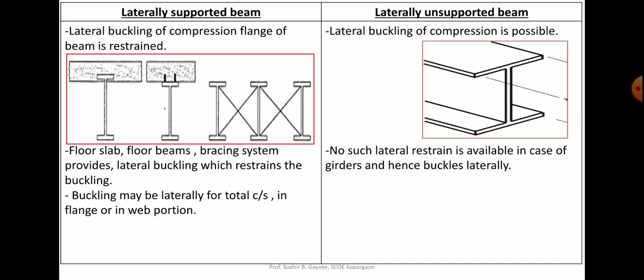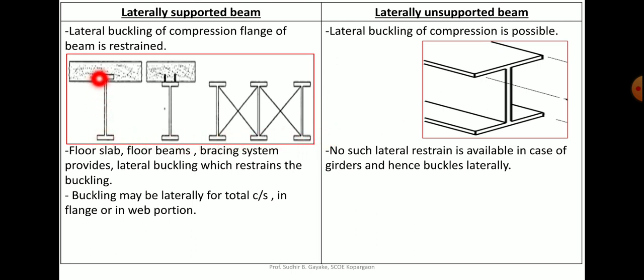A beam may be assumed to be adequately supported at the support provided the compression flange has full restraint and nominal torsional restraint at the support, supplied by web cleats, partial depth plates or fin plates, or continuity with the adjacent span; these come under the category of laterally supported beams. In the figure you can understand here, this is your tension flange and the top side is your compression flange. All top sides are compression flanges and bottom sides are tension flanges.